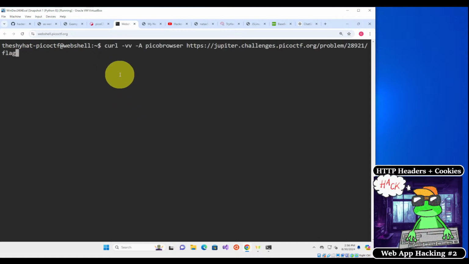But before we send off this command, let me explain what's going on. This is a curl command, and we're doing it with very verbose output, -vv, but we're also supplying a user agent, which is a browser type. So -A, this page wants Pico browser, this browser. So we're going to do -A Pico browser, and then the website over here. The website we're looking for is this one that is at the flag directory. So all we need to do is send off the command,